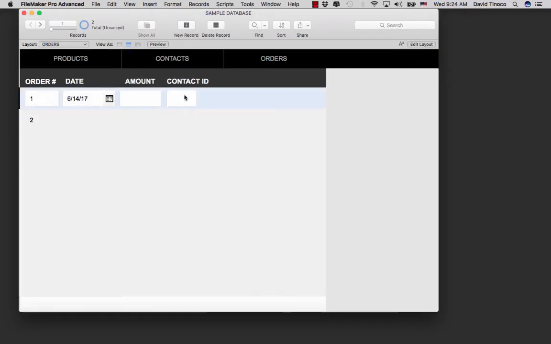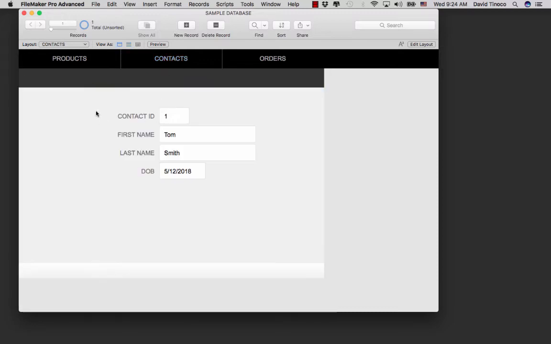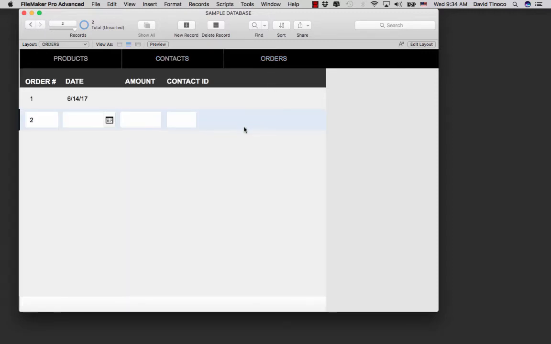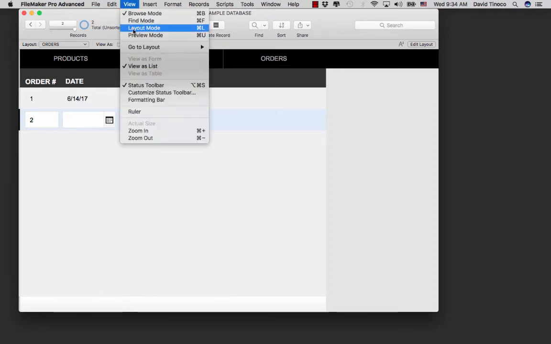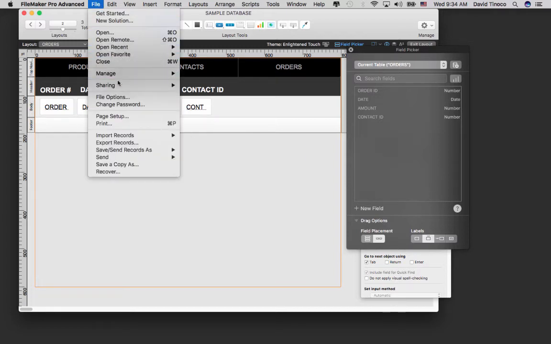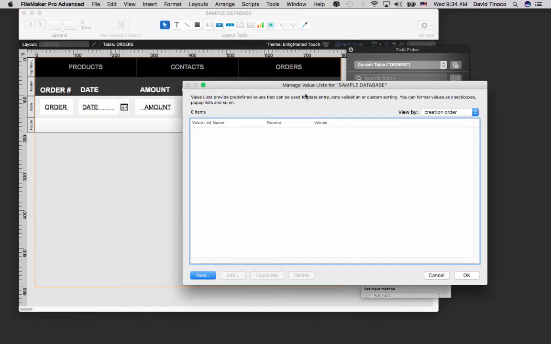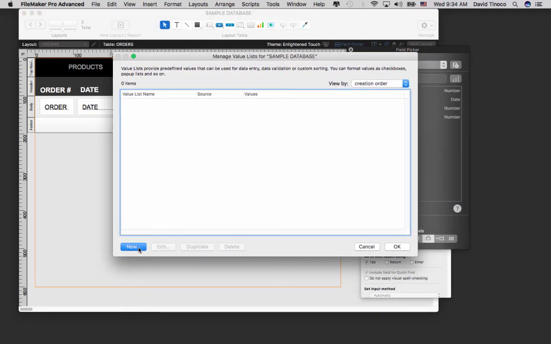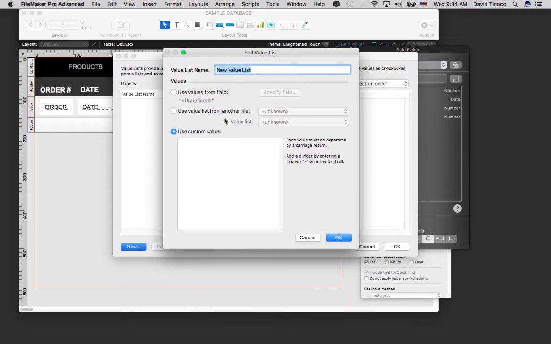All right, now let's say that we want to be able to select the contact from a list. If we go to our contacts, let's just make a few. All right, and if we go to our orders section, what we want to do is go to layout mode, and we're going to create a value list. So let's go to File, Manage, Value Lists, and we're going to click the new button, and we're going to call this